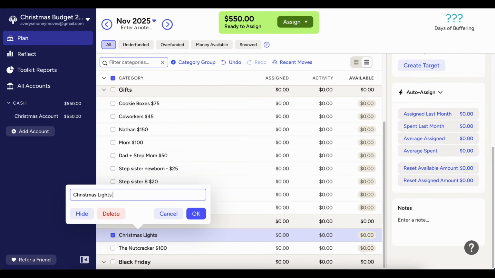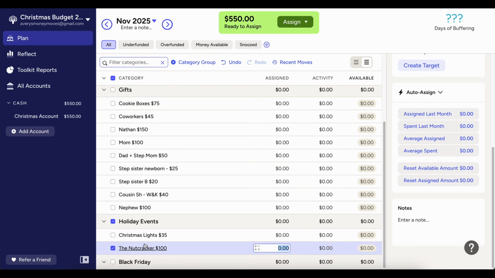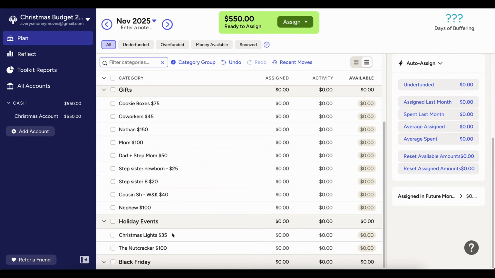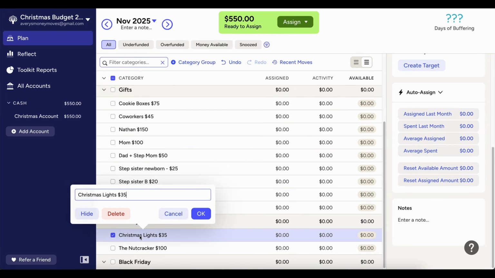Then for the Nutcracker, the cost could be, if I buy it, up to $100, hence why I've listed $100 here. But if it's a pay what you can, I find those are hard, but I feel like I would at minimum do $30 for the ticket and potentially more. But yeah, up to $100 is how I see that. Then for Christmas lights, there's one I have in mind. I think all in it'll be like $35.